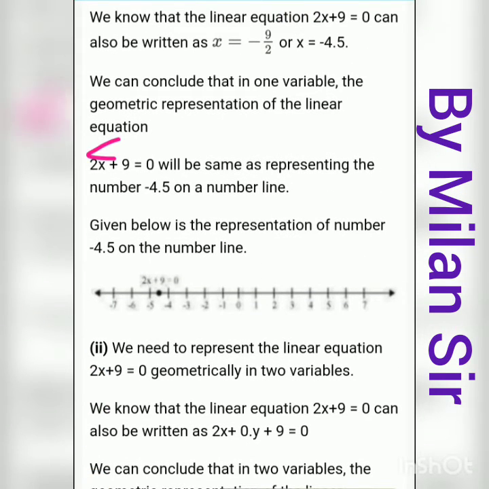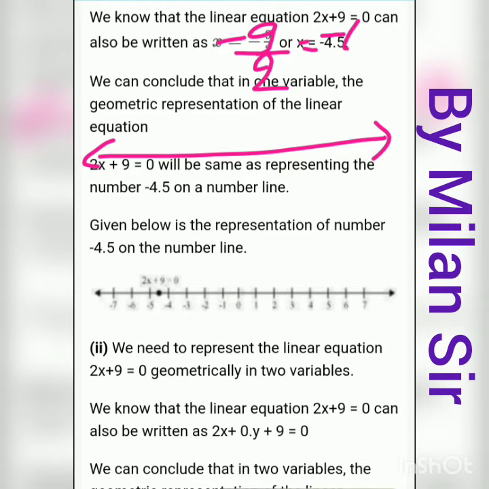Okay, so here we need to draw one number line. Now we need to represent some numbers on the number line, but 9 by 2 we need to represent here. Now 9 by 2, that means 4.5, right? So minus 4.5, we need to represent minus 4.5 on the number line. Now minus 4.5 lies between minus 4 and minus 5, so those numbers we need to cover here. So minus 6, minus 5, minus 4, minus 3, minus 2, minus 1, 0, 1.